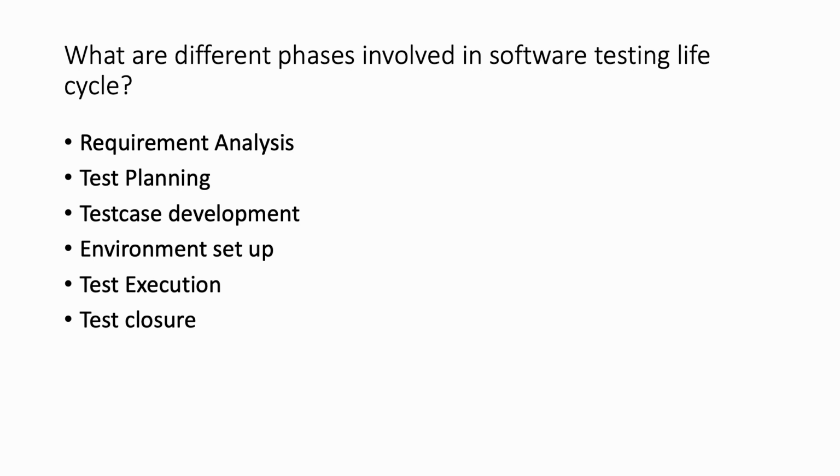Once the information is gathered, we go for the planning, like how long the testing will take, what kind of testing we are going to do, whether only manual testing or regression testing, or the automation testing or security testing, what kind of testing is required. We will plan within how much time it can be completed, who are the resources who will be testing this application, and how much time, resource and cost is required. Everything comes under test planning.